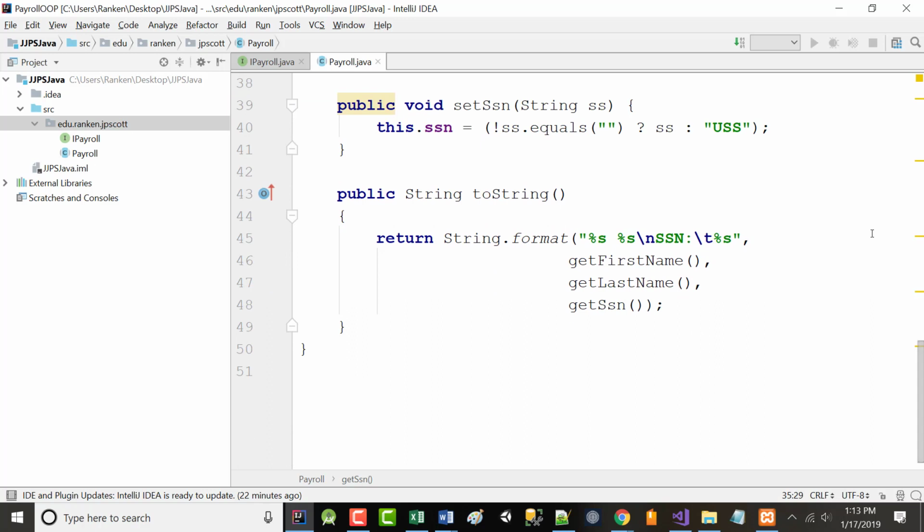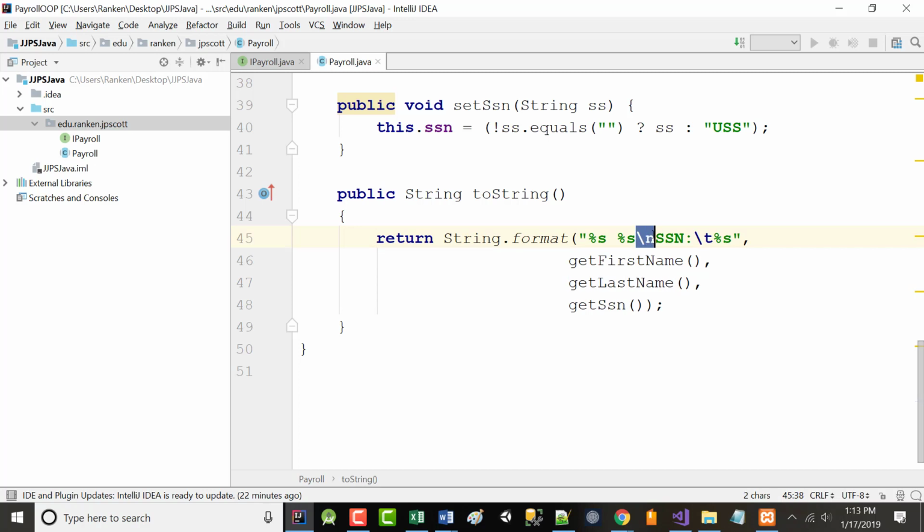Now, you may never have seen this before, so if you look up on the screen, please, and in particular, kind of fixate on lines 45, 46, 47, and 48. The string.format, although people from Java wouldn't admit it, they ripped this off directly from the C programming language. Those %s's are placeholders. They mean that a string is going to go there. So this first %s is going to hold the first name. The second %s is going to hold the last name.